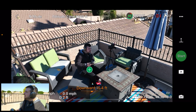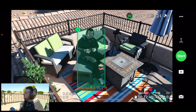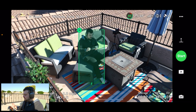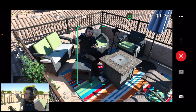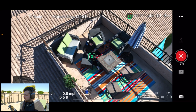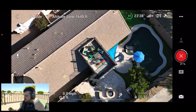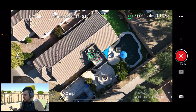Let me try aiming at it, turning toward it, rather. There we go. So I think it can see my face better now that I'm aiming toward it. So now that the drone can see me, we're just gonna select start. 3, 2, 1, and here we go. So it's really like a top-down perspective,